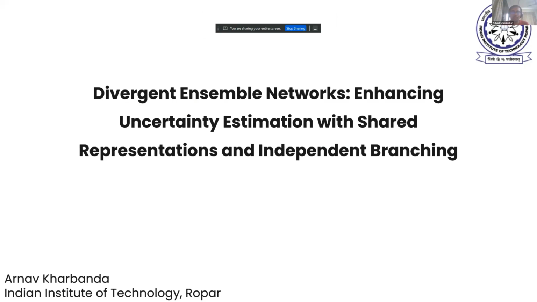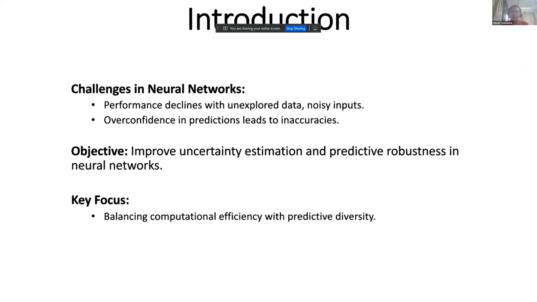So basically, our paper is Divergent Ensemble Networks. It is a novel architecture for uncertainty estimation. The major challenge we face in uncertainty estimation is that the time it takes to calculate uncertainty during inference is a lot, because you need multiple outputs for predicting the uncertainty. Here our aim is to reduce that time during inference, and this network we propose is for time-crucial